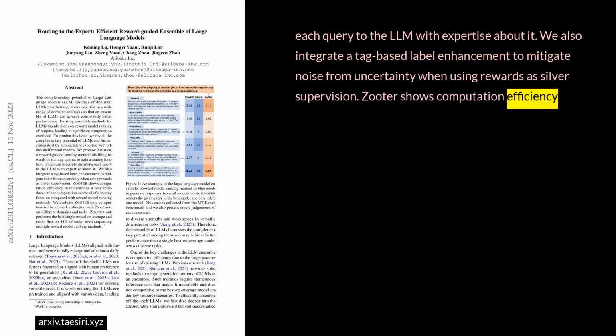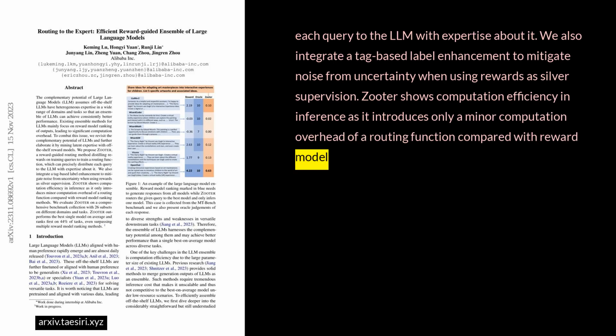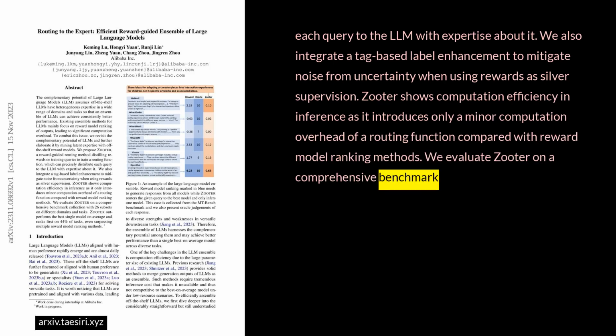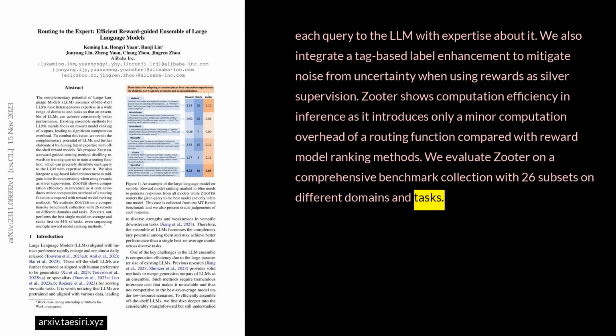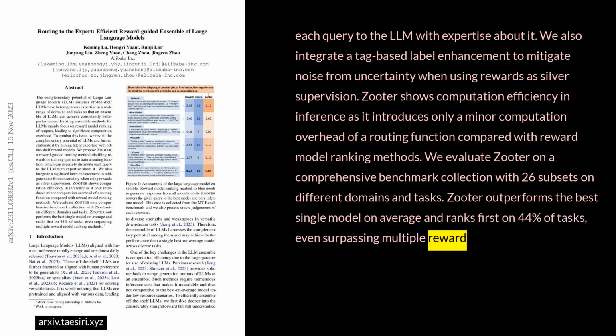Zooter shows computation efficiency in inference as it introduces only a minor computation overhead of a routing function compared with the reward model ranking methods. We evaluate Zooter on a comprehensive benchmark collection with 26 subsets on different domains and tasks. Zooter outperforms the best single model on average and ranks first on 44% of tasks, even surpassing multiple reward model